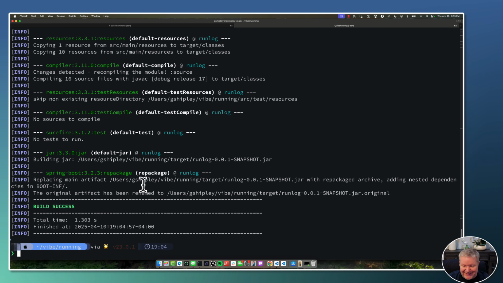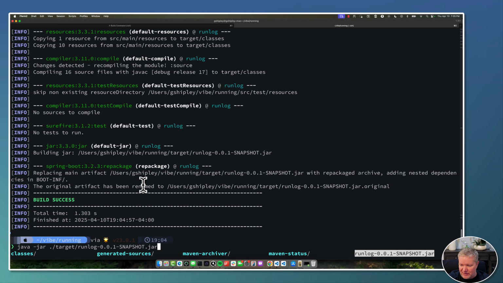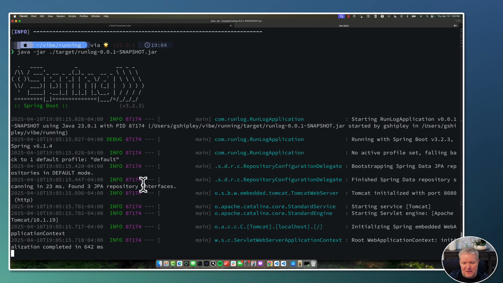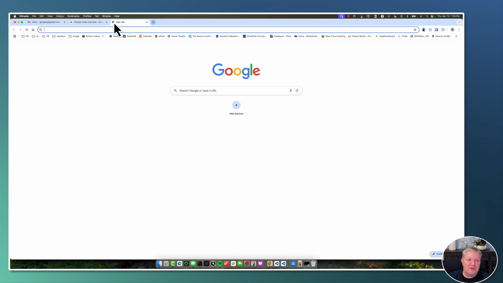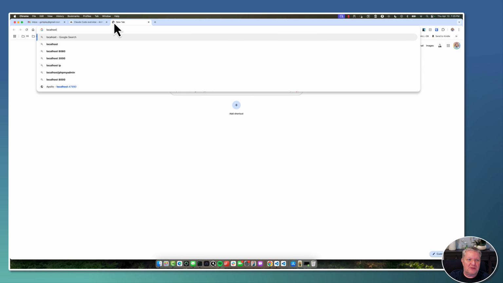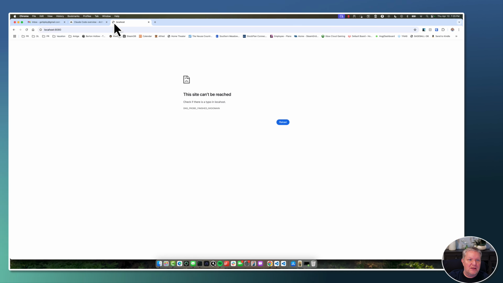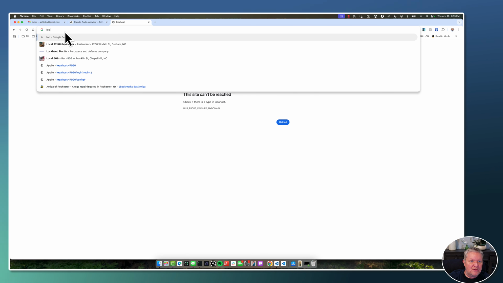Okay, so we have a build. Who knows what it built? That's the YOLO moment here. Let's run it and see what happens, see if anything even works. So let's do java -jar in our target directory, and we have this run log snapshot. So we'll run that. It's going to start up the run log application on port 8080. So let's go over to localhost 8080 and see. Oh, I've misspelled localhost here. Localhost